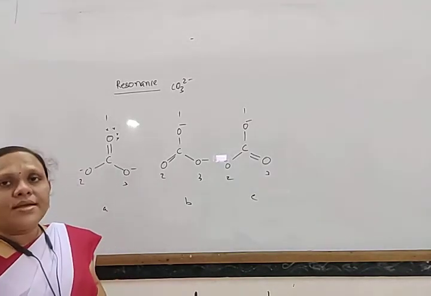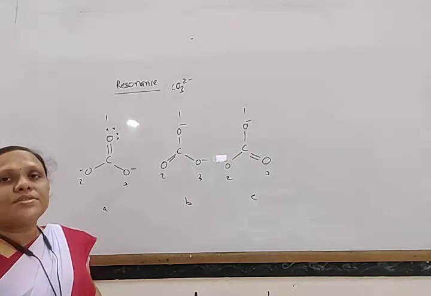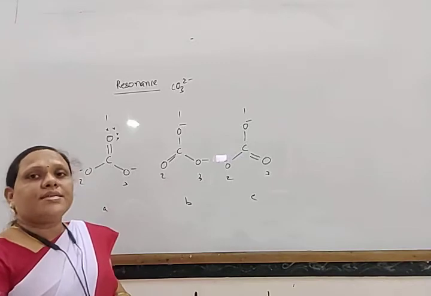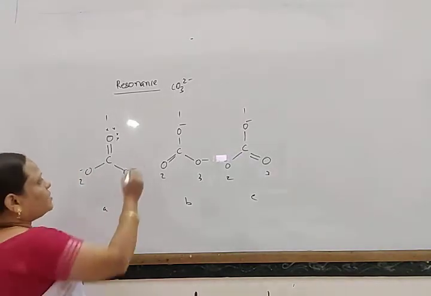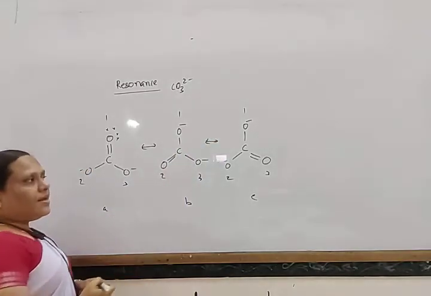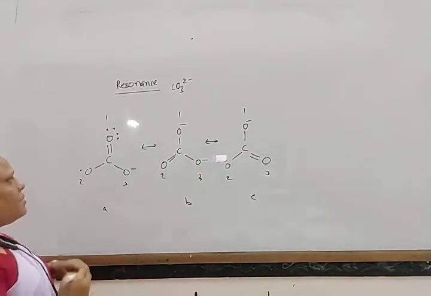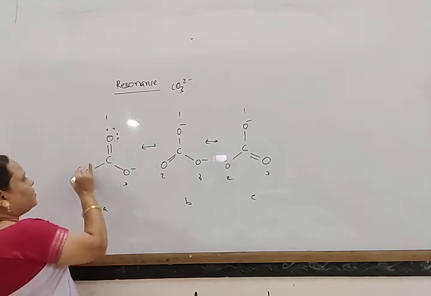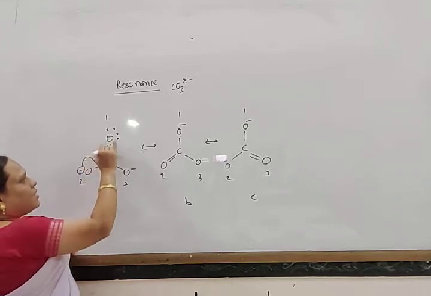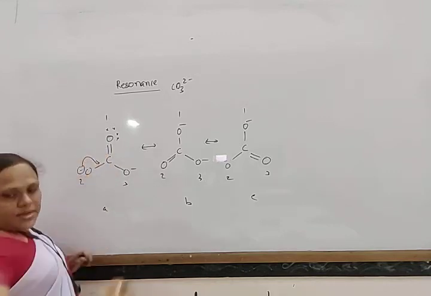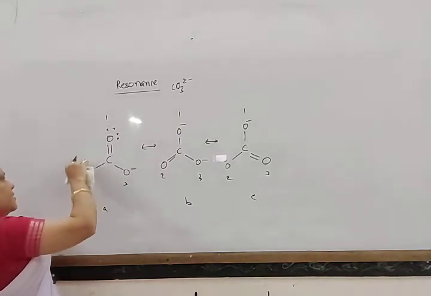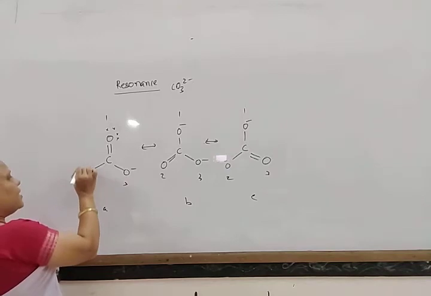And this concept is known as resonance. So this concept is known as resonance, and these structures are known as resonating structures. The different resonating structures can be separated by a double-headed arrow. And how can these structures be made? Look here, if this electron pair comes here and not here, this electron pair, no movement of this electron pair, one minute. This is the negative charge.